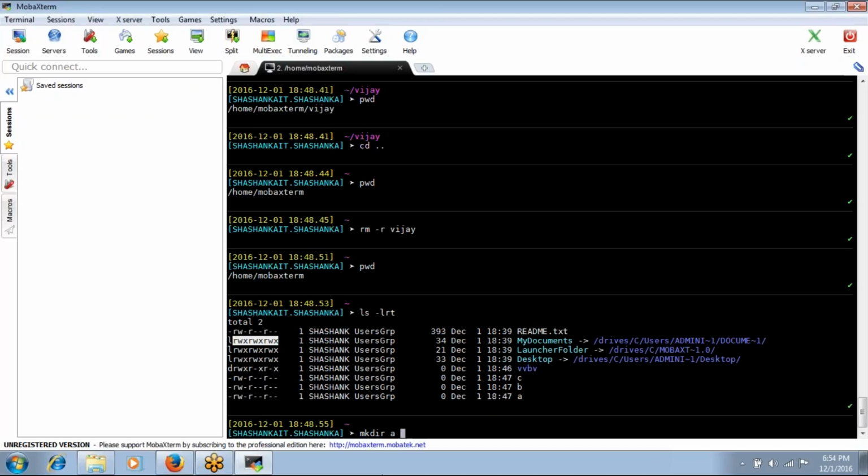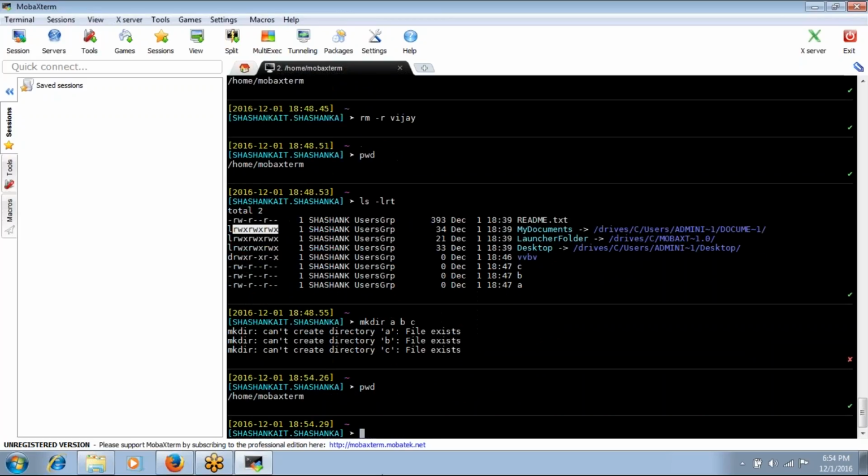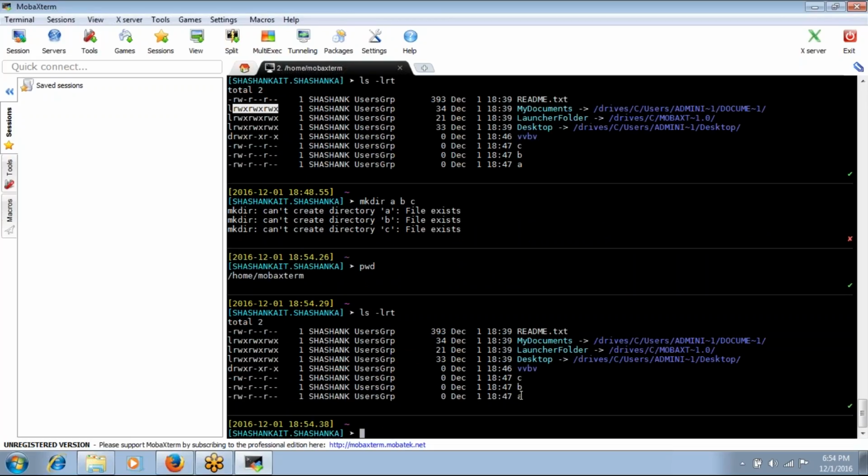For mkdir a b c, the files already exist with abc, so we can't create a directory with the name abc. If you see ls -lrt, we already have files with abc, so I can't create a directory in the same path with that name.